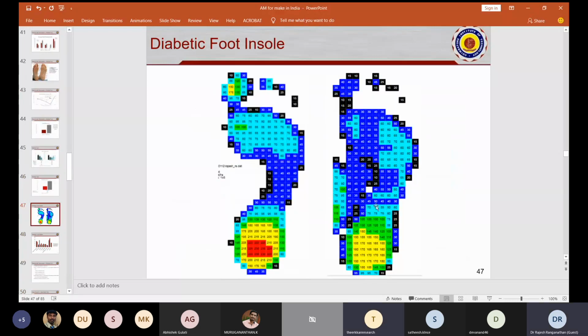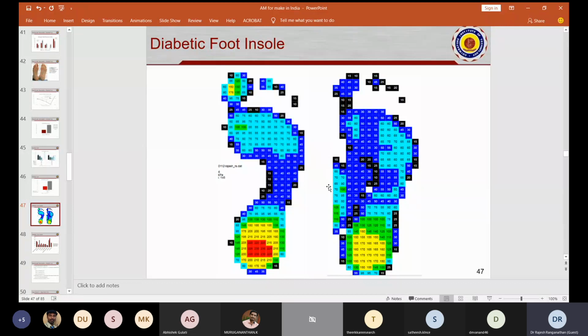This is the patient whose data is shared, and you can see that earlier he had peak pressure in the heel region, whereas after wearing a custom insole, we could see the pressure got distributed evenly, and the surface area of the foot is a normal arch. And after wearing the custom insole, it looks as if he's a flat foot person, because the surface area got